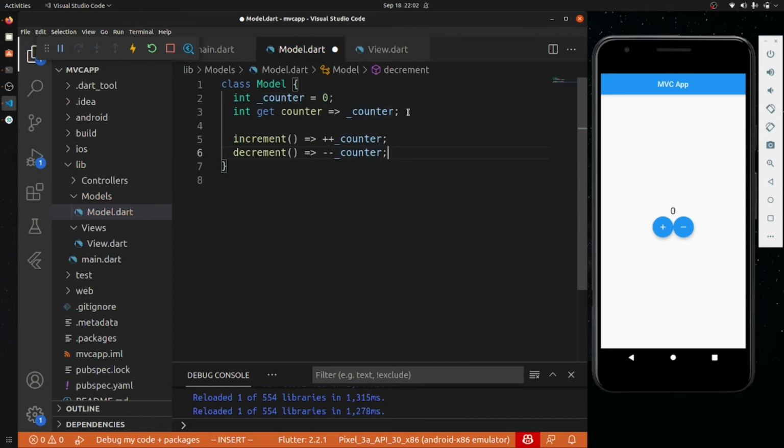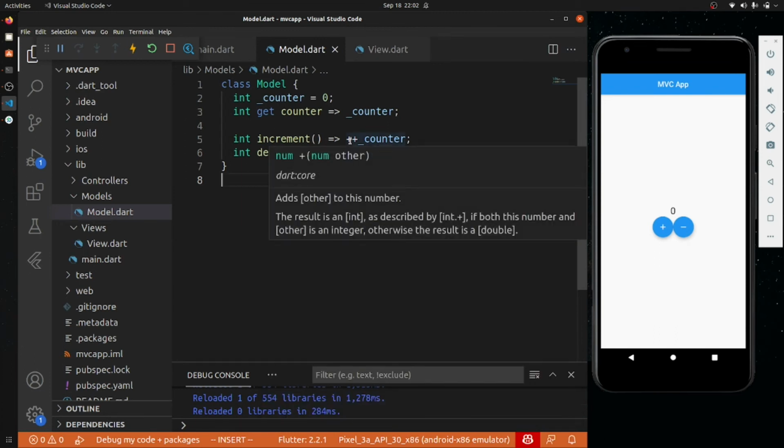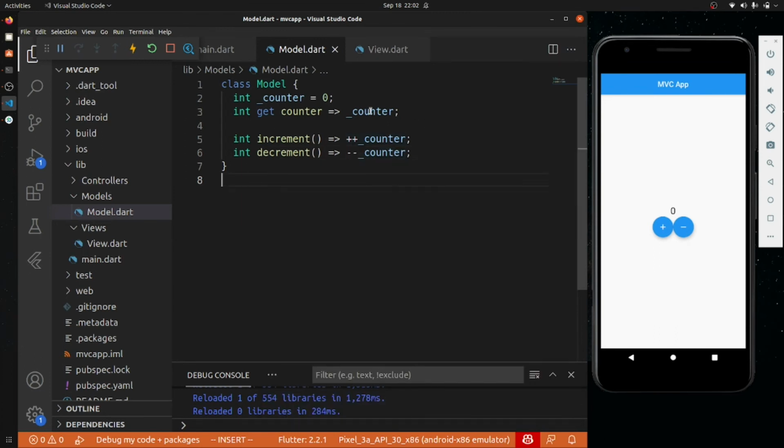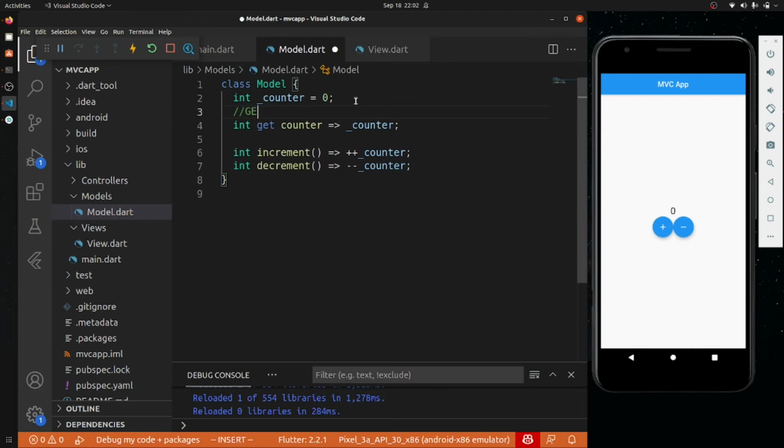This will also return an int and this will also return an int. So this is the model class that we need to create. This is our getter. If you are from a Java background, then it will be a getter and it is a setter. You can say that this is approximately the same. I'm not going in depth, but approximately they are the same.